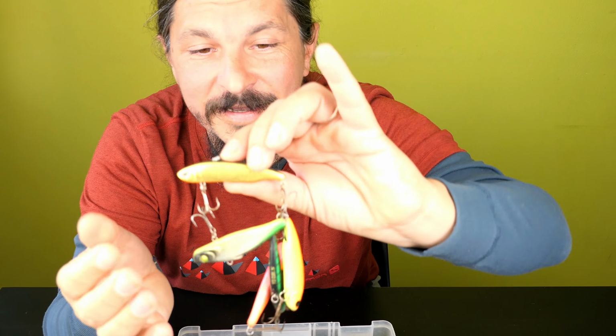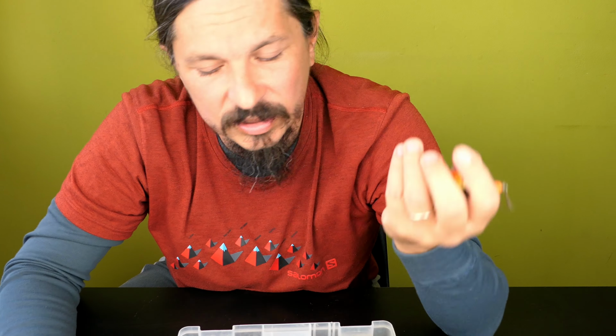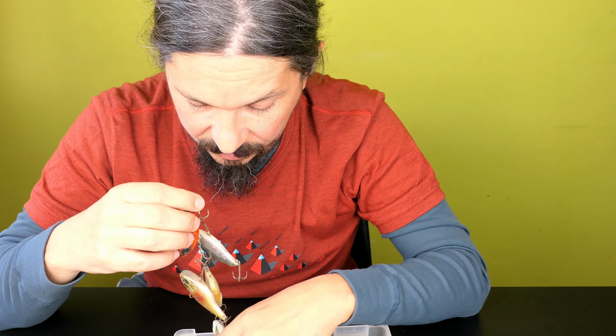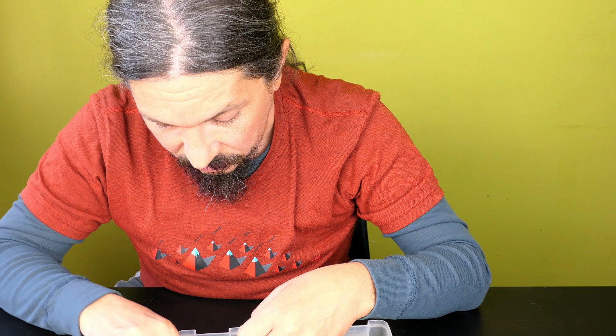And yeah, on and on. Again, some really small vibration lures that are 7 centimeters, around 20 grams if I remember well. Then I have some bigger lipless vibration lures over here